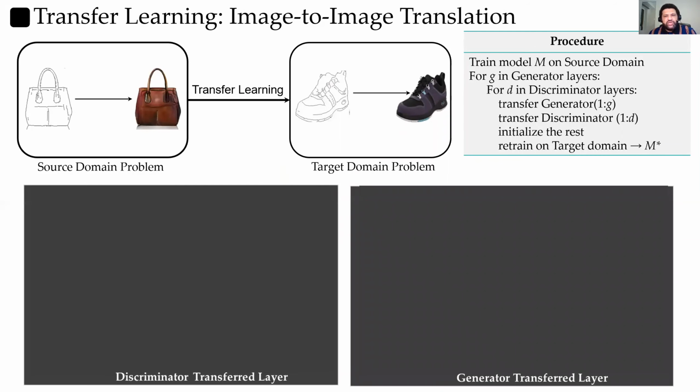Now we follow the same procedure we showed earlier. We choose two domains that we want to transfer between: a model that learns mapping bag sketches to bag images as the source domain, and our target is to map between shoe sketches and shoe images. You might see that there is some similarity in the problem context, but the items are different. This similarity between the source and target domain is fundamental for successful transfer learning.